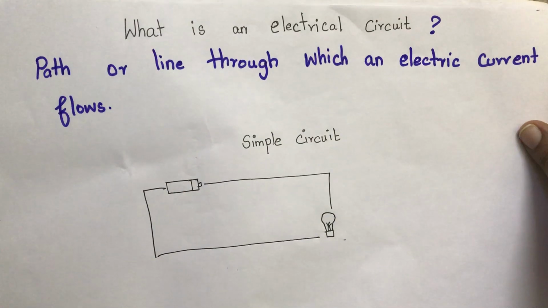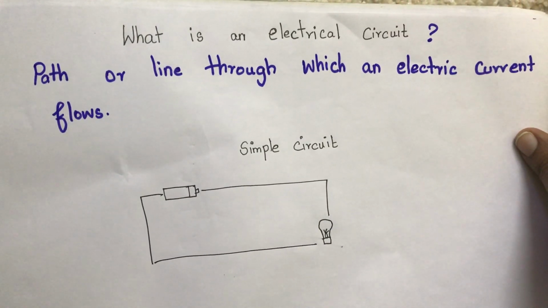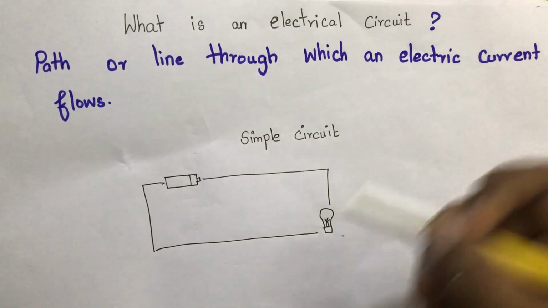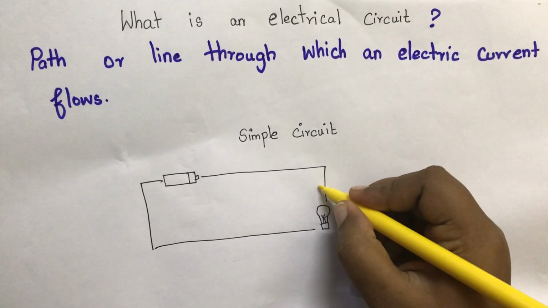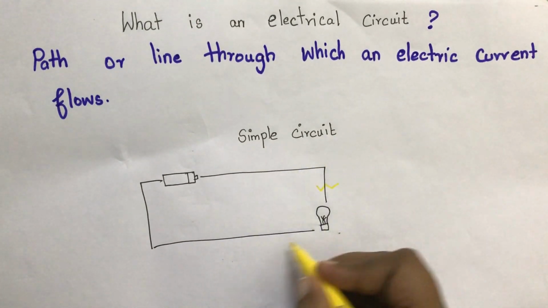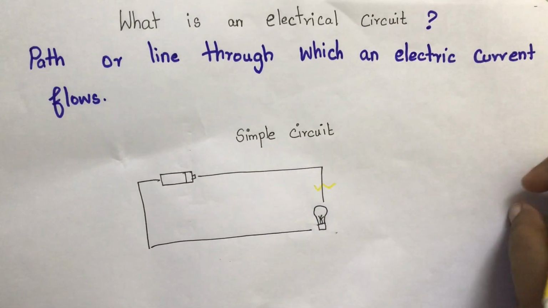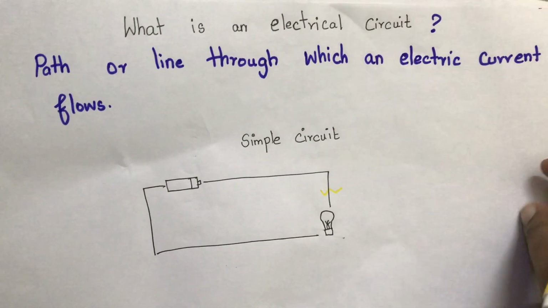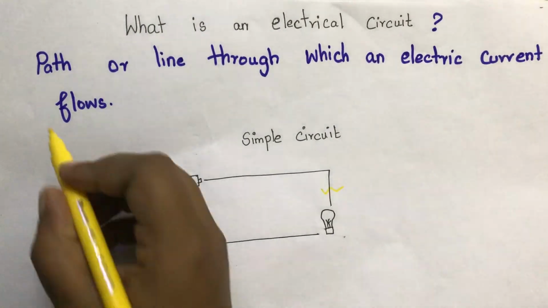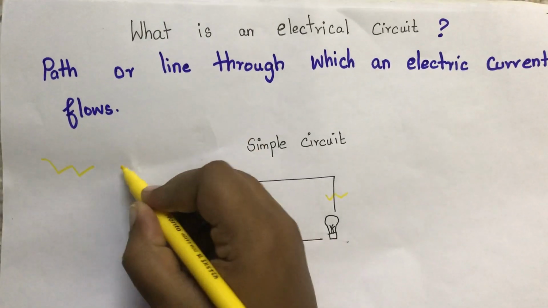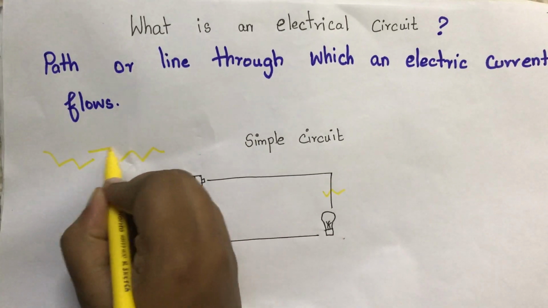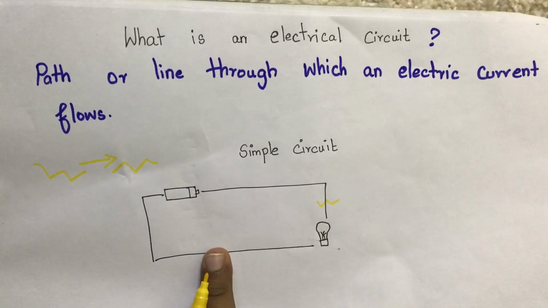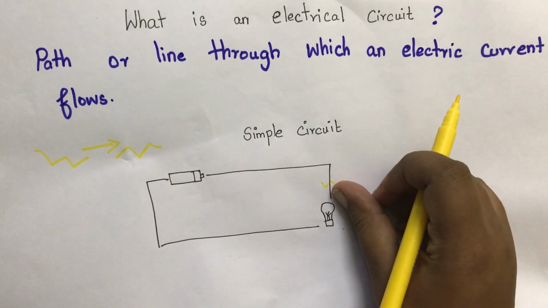It may also be an open circuit where the electron flow is cut short because the path is broken. So if we break this circuit, it will become an open circuit. An open circuit does not allow electrical current to flow. For example, if there is a bridge and it is broken in between, you cannot travel across the bridge. In the same way, electricity won't flow through a circuit if the circuit is open.